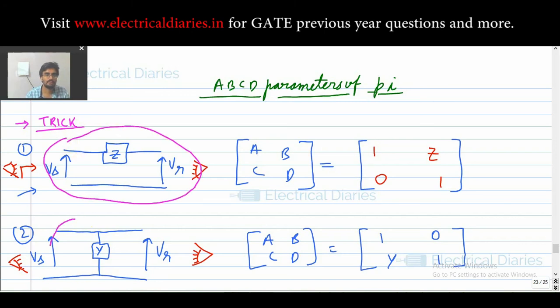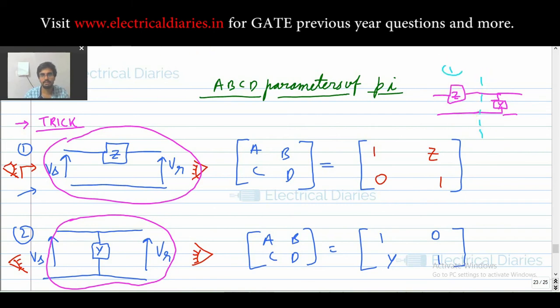Just look for these elements, and then you can easily show that these are connected in cascade. Cascade means that one element is this and the other element is, like in this fashion, this one given as Y. So this is known as a cascade connection. This is the first element and this is the second element that I have shown you here.